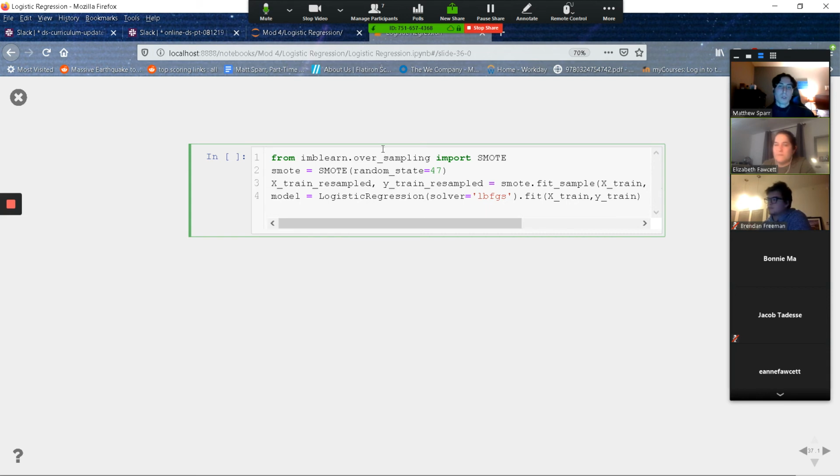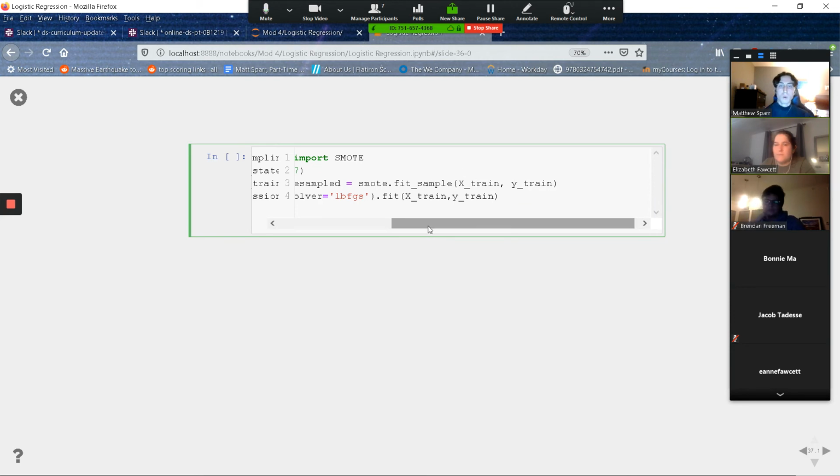So a good library for this is called SMOTE. What it does is it basically resamples your data to increase the number of your minority class instances. So you basically create a SMOTE object here. You fit it to your sample. One important thing is you only want to do this on the training set. You don't want to do it